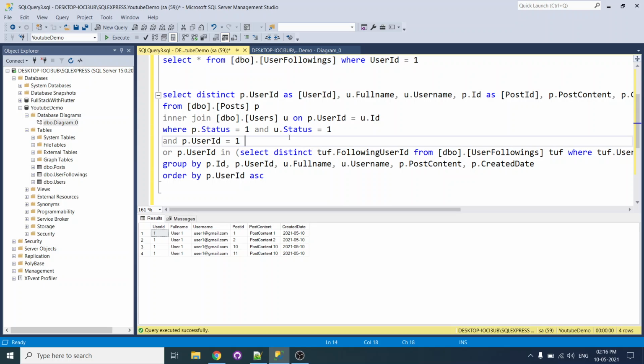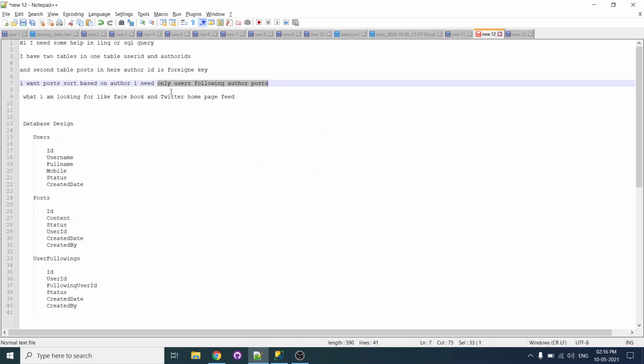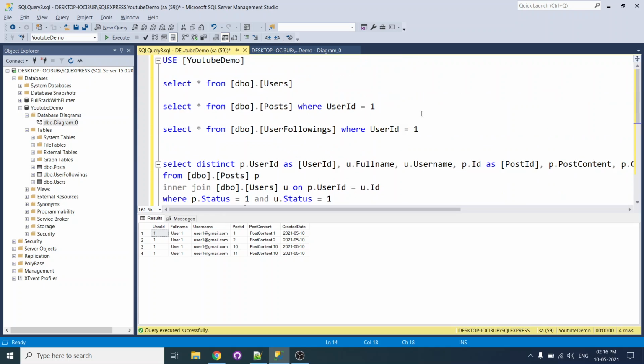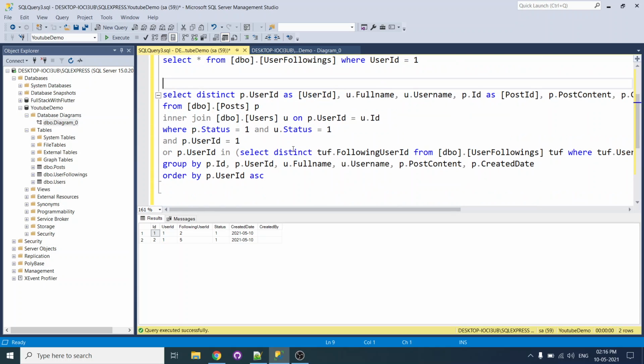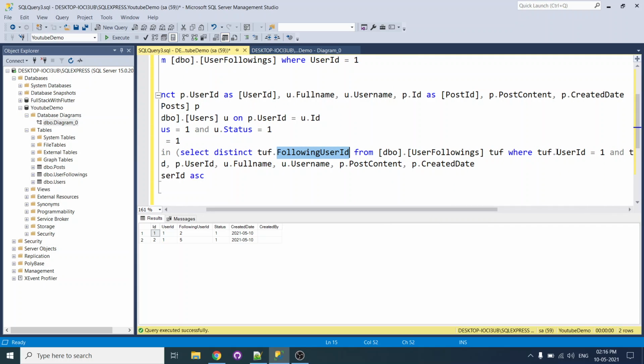So the next step, what he was asking, he wants to see only the following data. Whoever follows user ID 1, currently we have two users following them, right? So for that, I have added the post user ID and the followers for user ID 1 from this user following table.